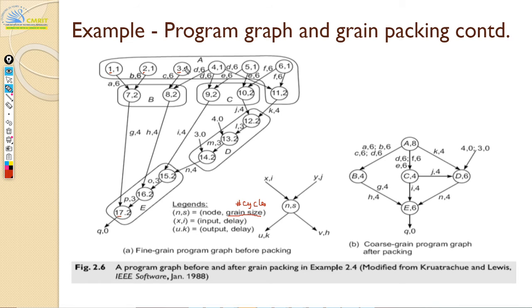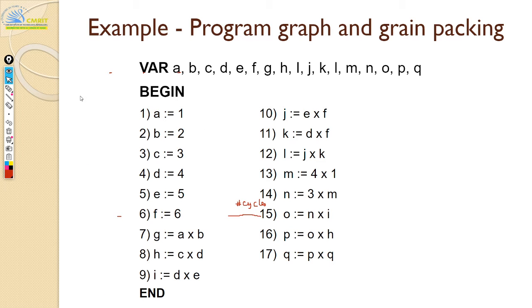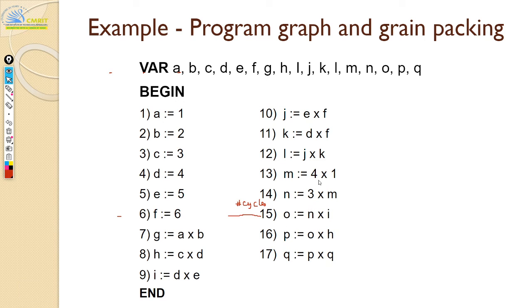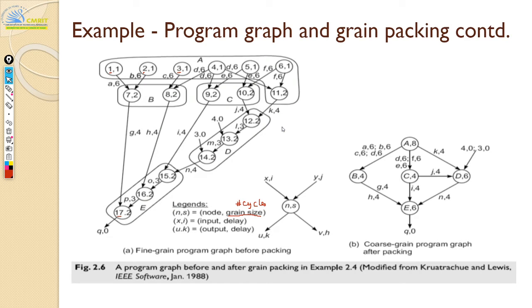We saw that the first few statements were only assignment statements, correct? Statements 1 to 6 are all assignment statements. Let's go back. We saw here, 1 to 6 are all assignment statements, and from 7 through 17 you have some multiplications. Here you see there are also some multiplications with constants. So this means that you don't have any dependencies among the first six. All right, now coming back to this.